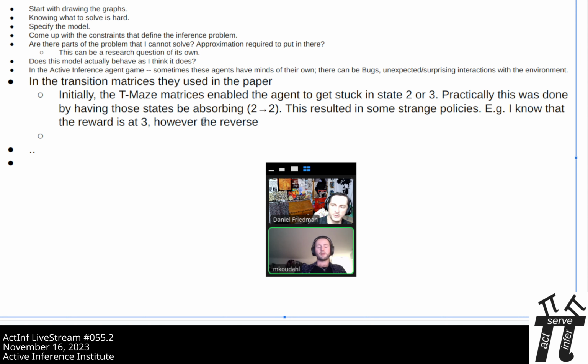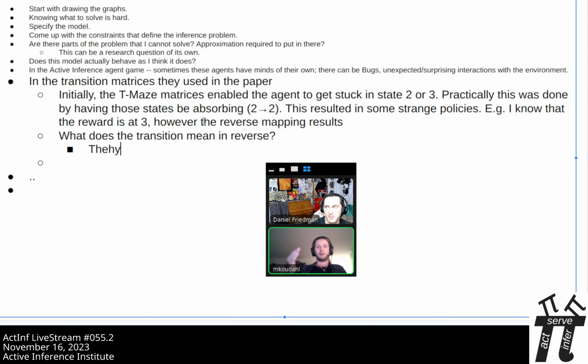Right. Why is there no reverse constraint? So I can put it this way: if you're reasoning backwards, you have to think about how your model runs in reverse. What does your transition mean in the other direction? And the way we solved this was that we let every invalid transition send it back to the beginning.